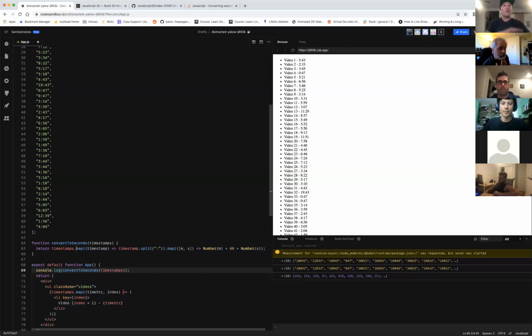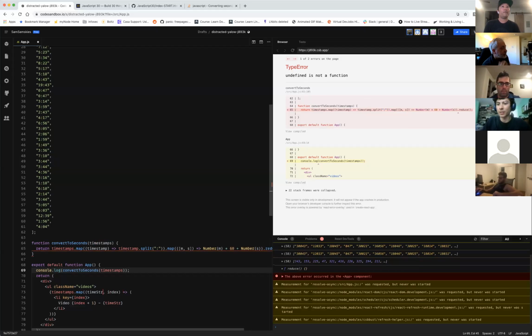So now we mapped and then we mapped. And then one more step is to sum up all the numbers. So this is the part where reduce comes into play. Okay. So just on the end of all the other maps. Yep. And then do a reduce. So there's the